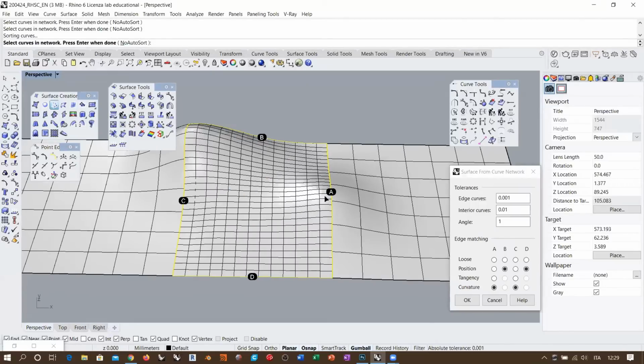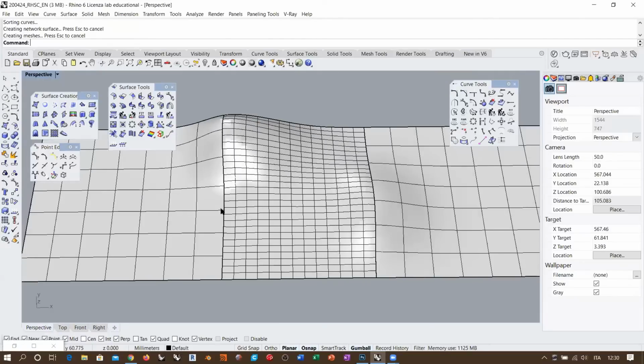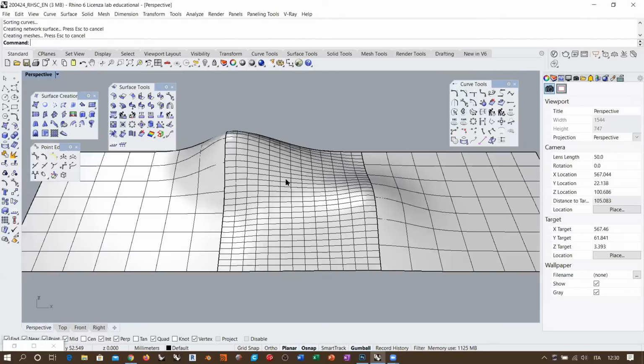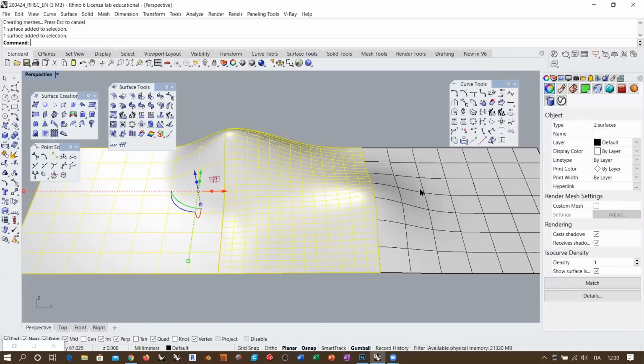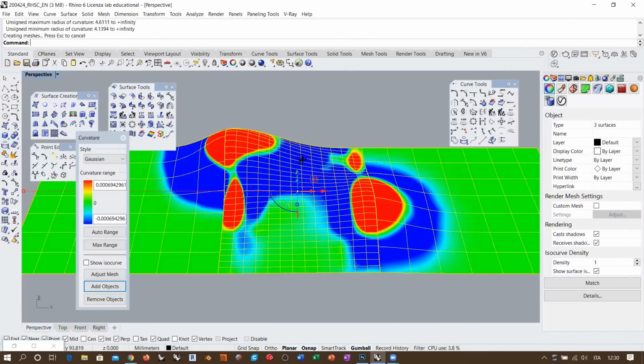Now, A and C are surface edges, so I can set this to curvature, curvature, while B and D are free curves, so there is no possible continuity but the position. You cannot select tangency and curvature. So if I hit OK, I am creating a surface which is curvature continuous along this edge and this edge. If I take these three things here and perform a curvature analysis, you see that now I start to have a more interesting flow of the curvature around here,